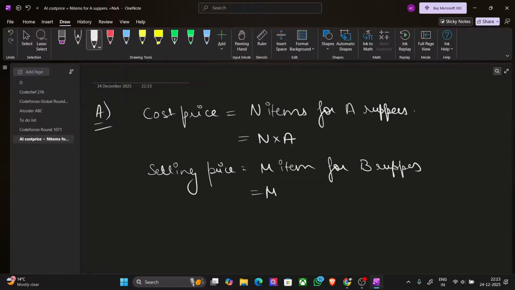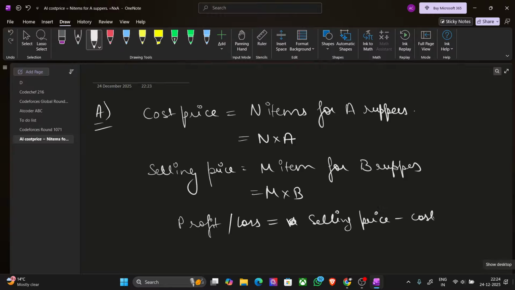So your selling price will be m into b. Now your profit or loss is just selling price minus cost price,